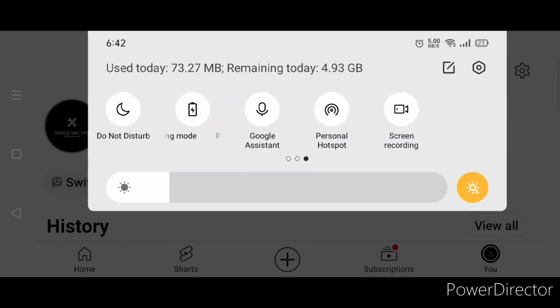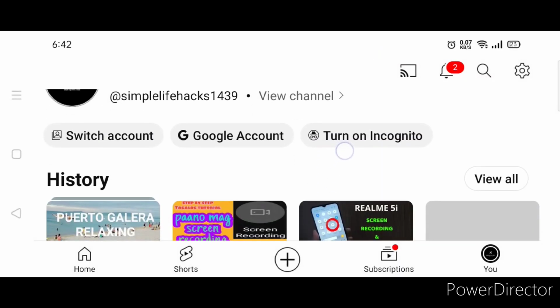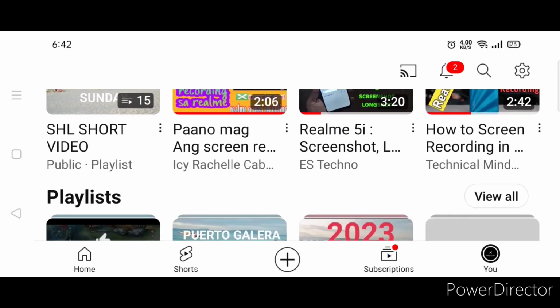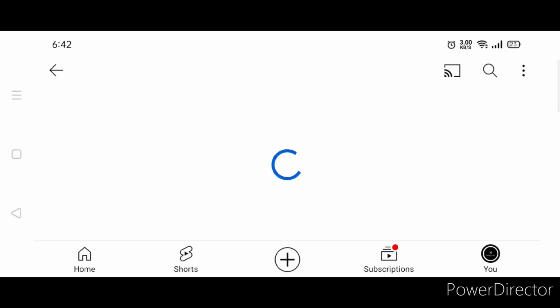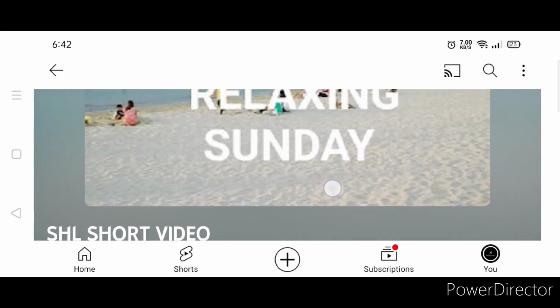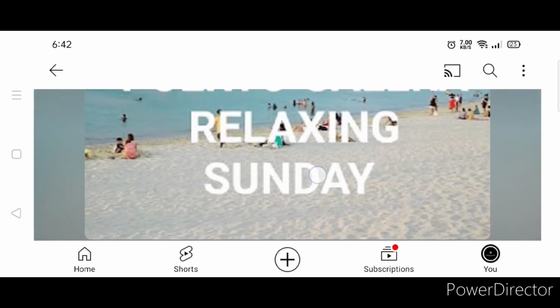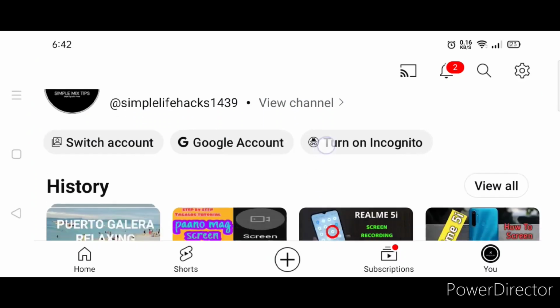If you press that button, you can do it by finding that screen record in the setting on top. So if you do that, then everything that you're going to do with your cell phone will be recorded like that. So you can go to YouTube, to Facebook, and also you can make some adjustments like